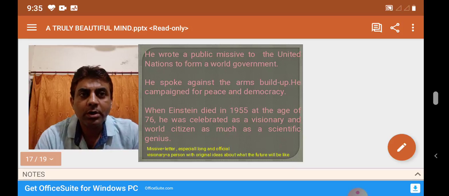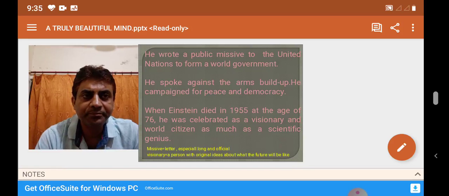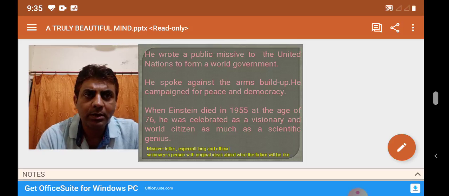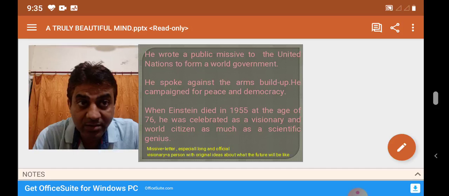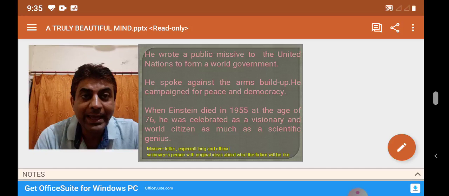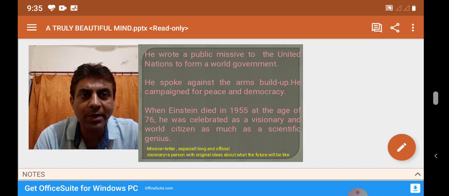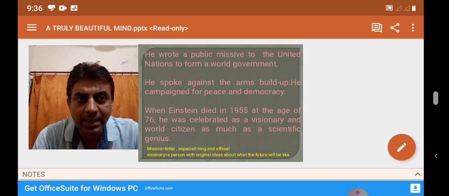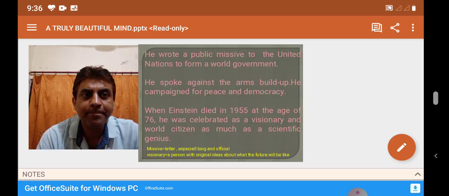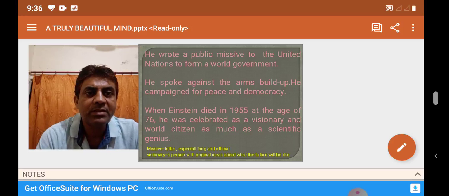He wrote a public missive to the United Nations to form a world government. He spoke against the arms buildup. He campaigned for peace and democracy. When Einstein died in 1955 at the age of 76, he was celebrated as a visionary and world citizen as much as a scientific